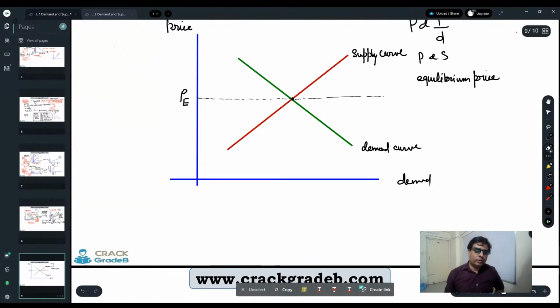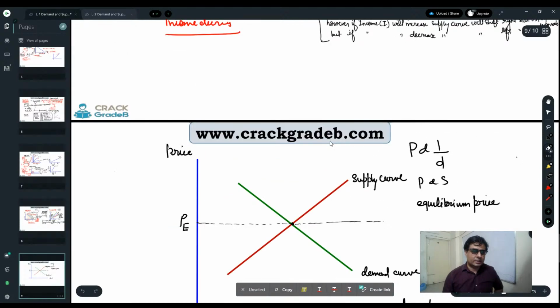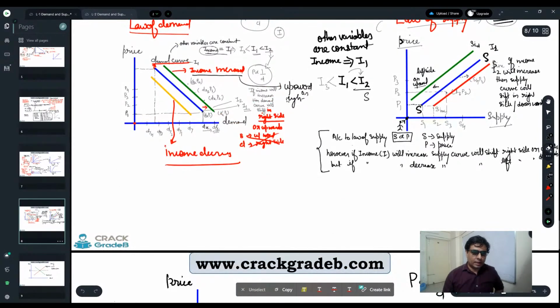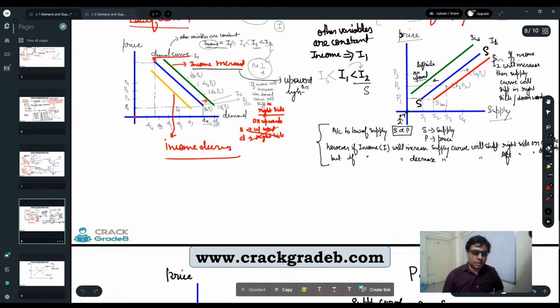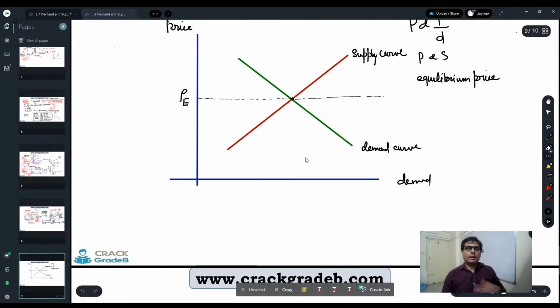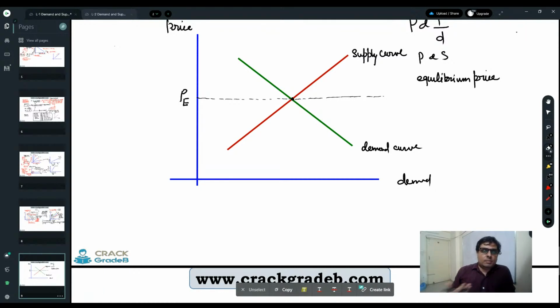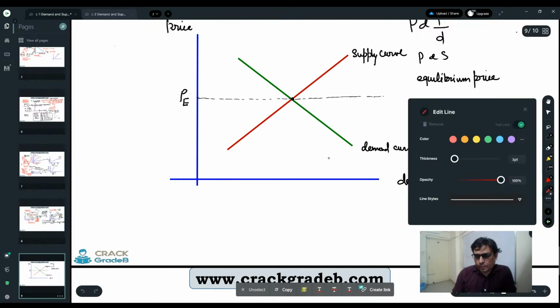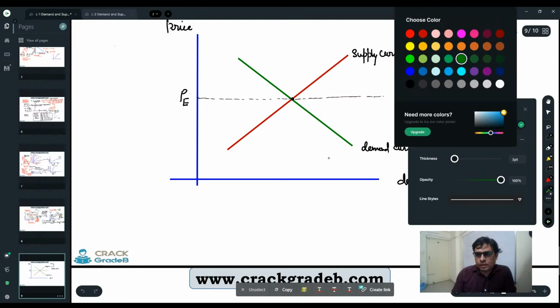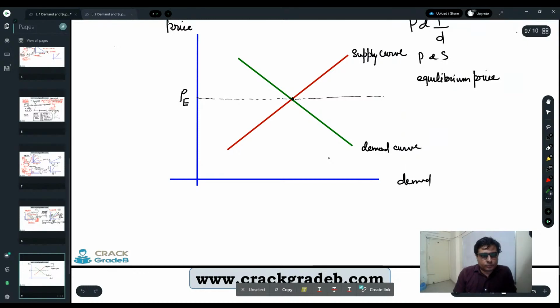This is the price. Now we will change the demand. We have seen here that income was increased, the demand curve shifted in the right direction, and the demand curve shifted in the left direction when income decreased. Same thing we are going to apply here, and we will see the impact, right? So if demand is going to increase, income increases. So see the change. We are going to draw the diagram of income increase here, right? So if income is going to increase,